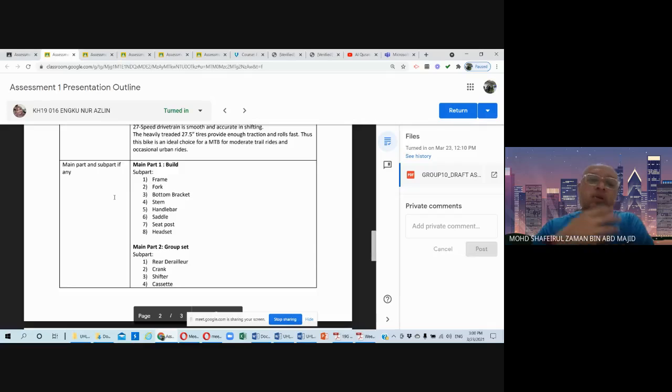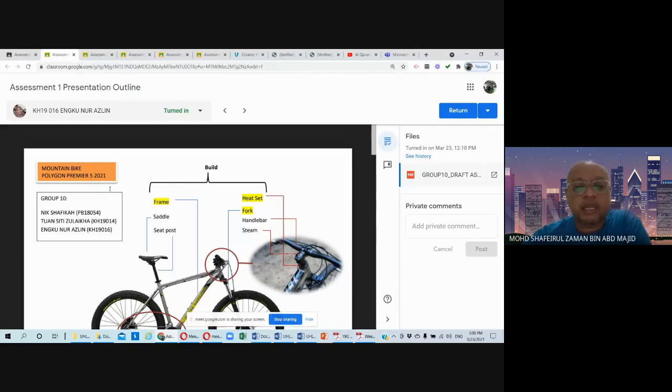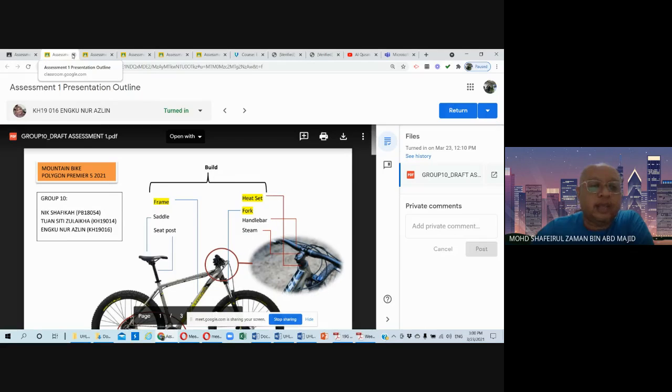Unless the bicycle that you are referring to is a solar powered bicycle, for example, or when it comes to the manufacturing part, they use all recycled materials. So for this group, Kuno Azrin and the rest of the team members, please discuss and find other products and then give me the proposal as soon as possible in WhatsApp. Not the WhatsApp group. You can text me personally and then I will have a look at it. Okay, Kuno Azrin and the team, sorry, unfortunately I have to reject this product.